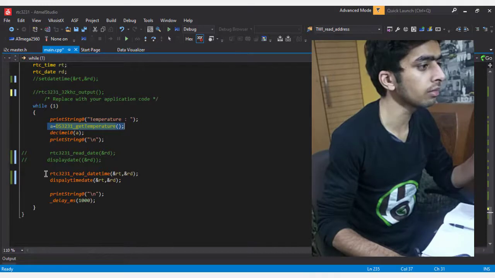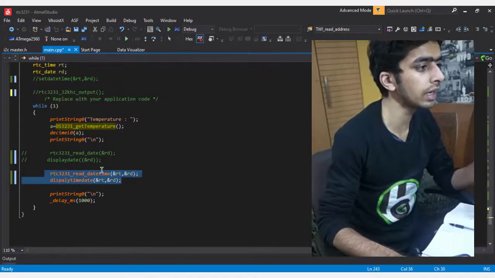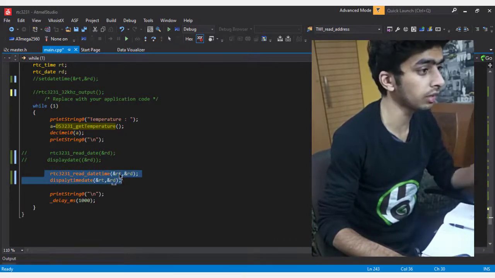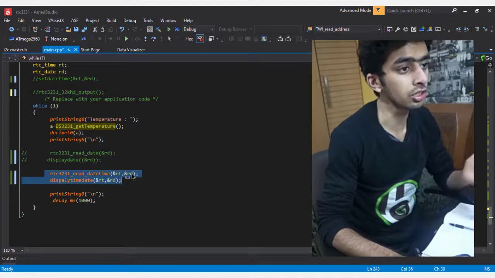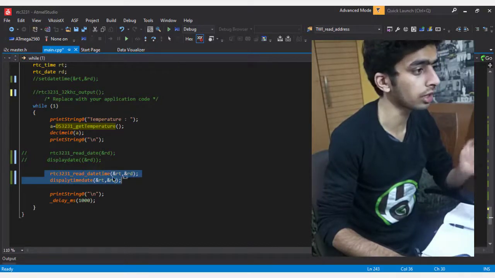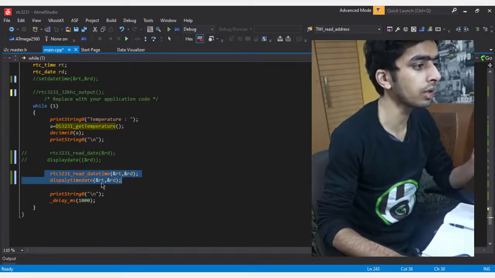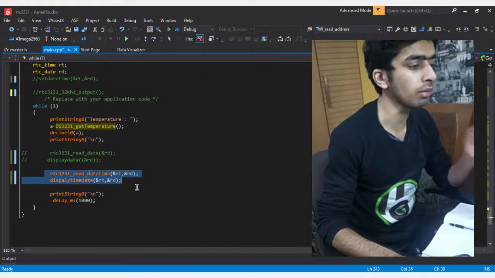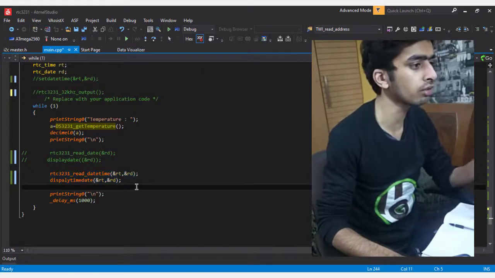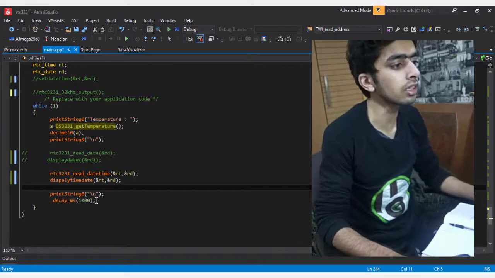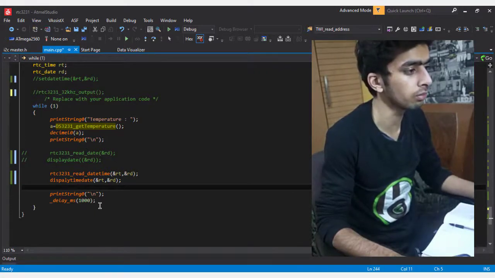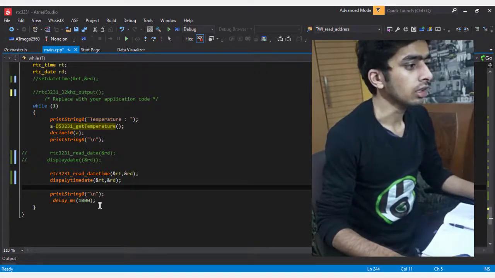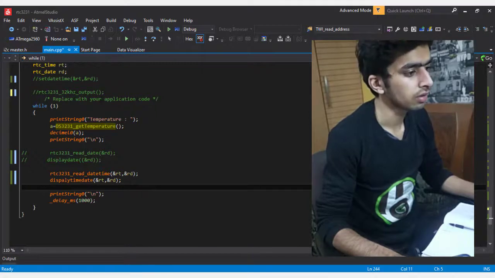Here I am reading with DS3231 read date and time, sending my date and time structure objects, and then simply displaying the date and time with the same objects, printing on the screen with a delay of 1000 milliseconds.